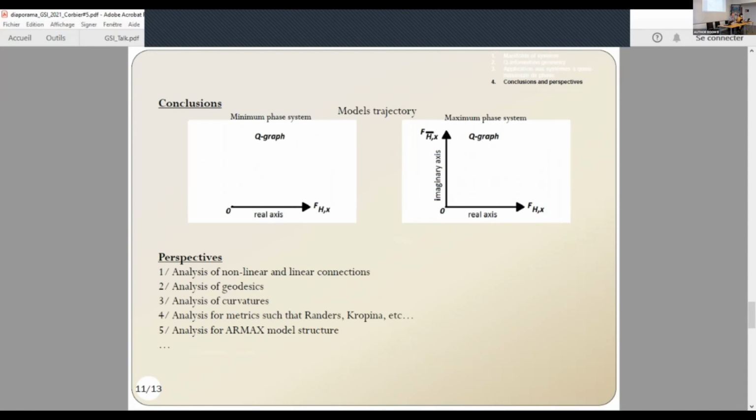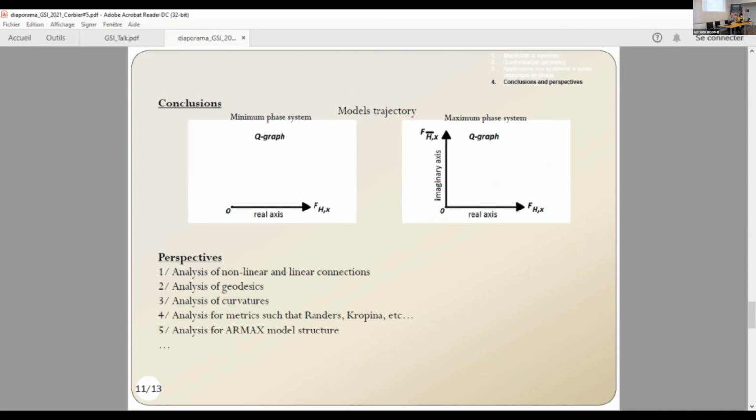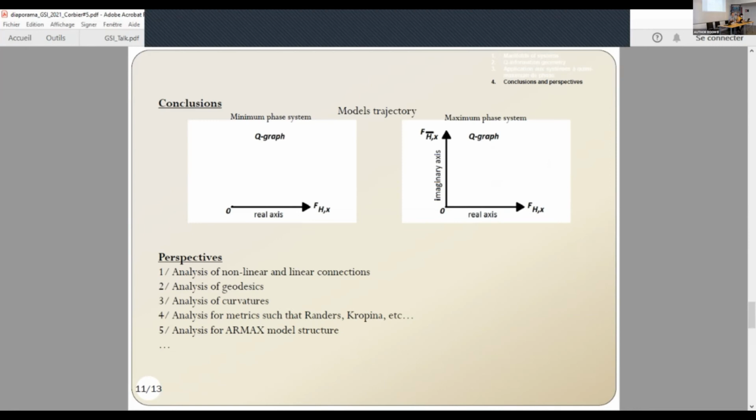Okay, and conclusion, we define another approach of the information geometry of signal processing of systems, and the Q information geometry is a generalization of the information geometry of system, and you can see that the Q graph is a fundamental aspect to see different systems, minimum phase and maximum phase, and after